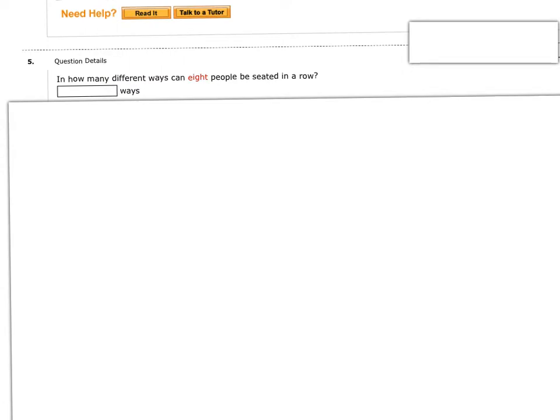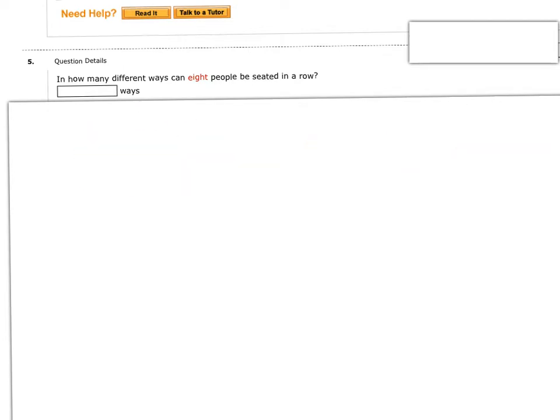Question 5 is asking how many ways can 8 people sit in a row. So it's assuming that this row has 8 seats. And so how many people can sit in the first seat? Well, there would be 8. And then you can't sit in 2 seats at once, so this would be decreased to 7, and then 6, 5, 4, 3, 2. Oh, and I did need one more there. Not that that one really matters because it's just multiplying by 1, but we want to show that last seat there. So we'll just multiply all those together. And that's